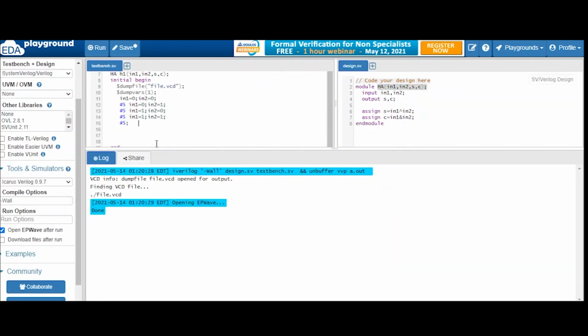This is pretty simple. And if you want to display your values here, you can make use of the $display statement, like this.